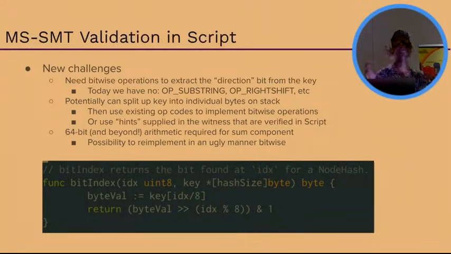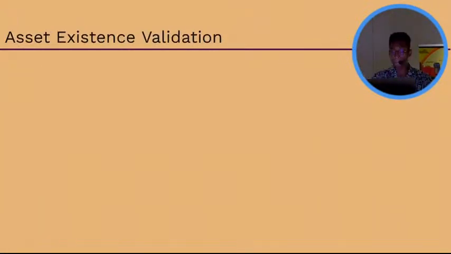One other thing, you basically need arithmetic, right? If we're going to be having 32-bit elements within the value tree, maybe you also need 64-bit arithmetic or beyond in order to represent these things in an easy manner and do larger operations within the tree itself, right? So now that we have all that, we can say, okay, how do we actually validate